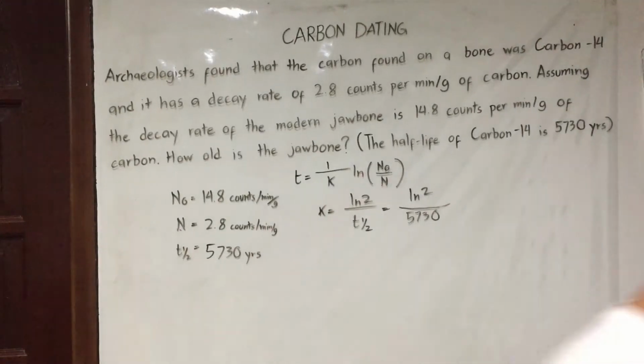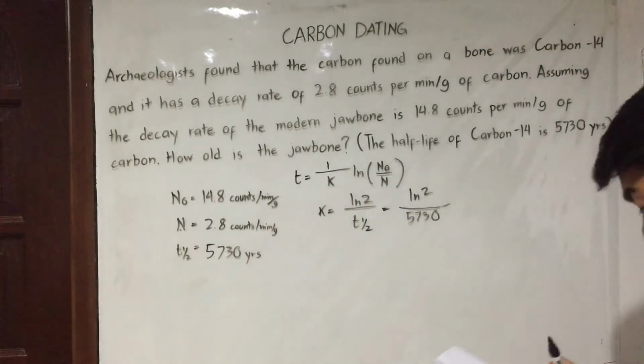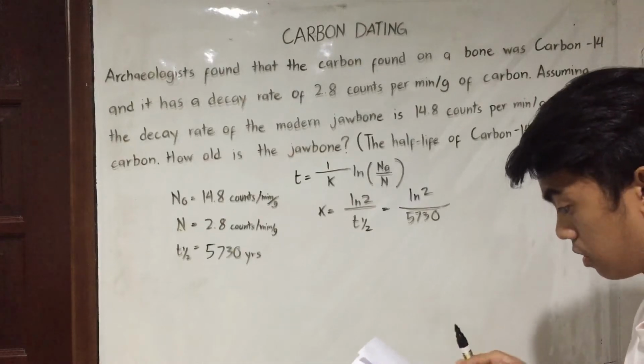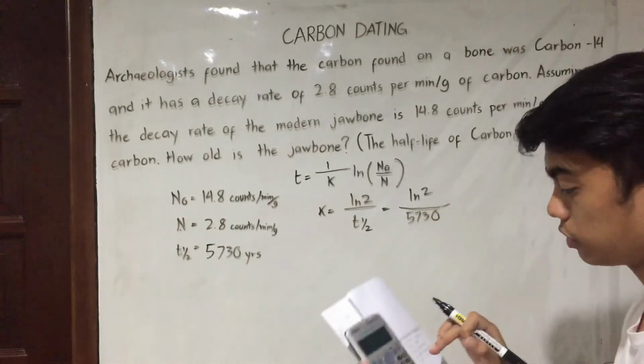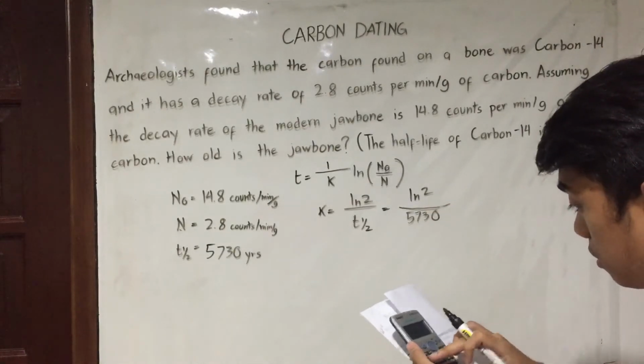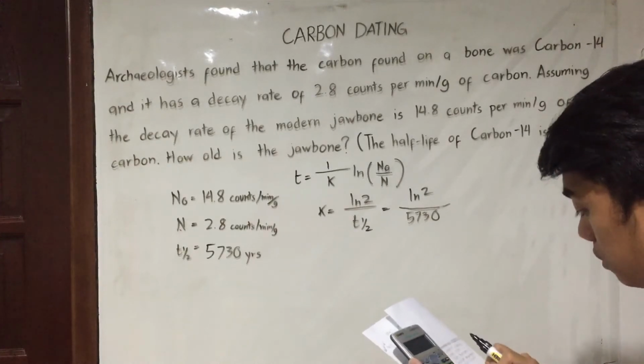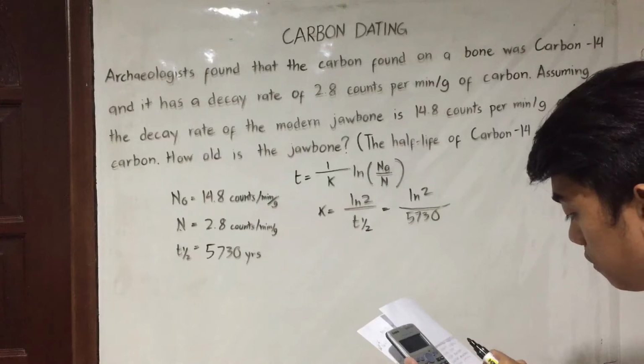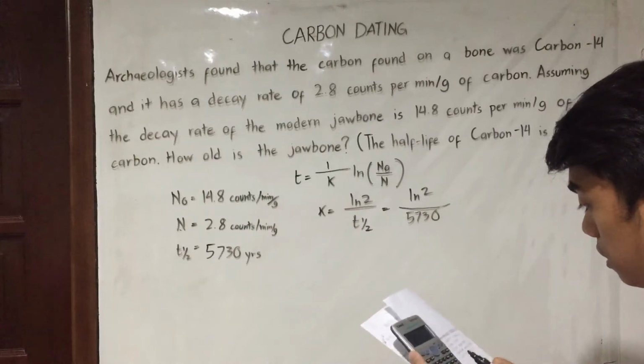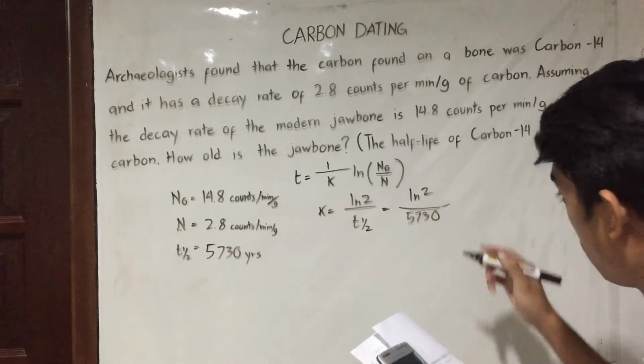Now, the ln can be found here on your calculator. ln 2 divided by 5,730 is equal to